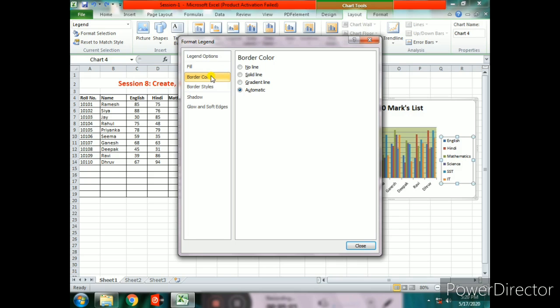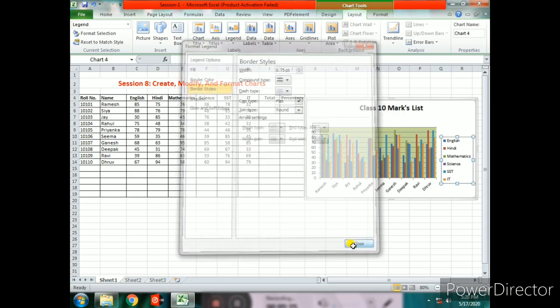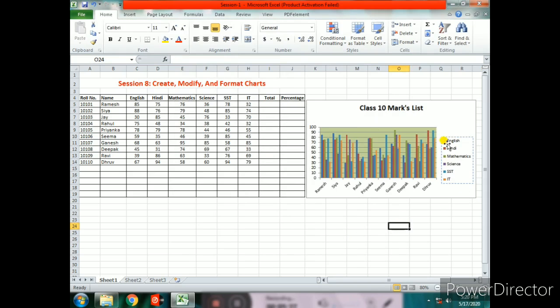Now I click on the border color and select the solid line. Now select the border style and click on the dash type. And now click on close. So in this way we can format the legend.